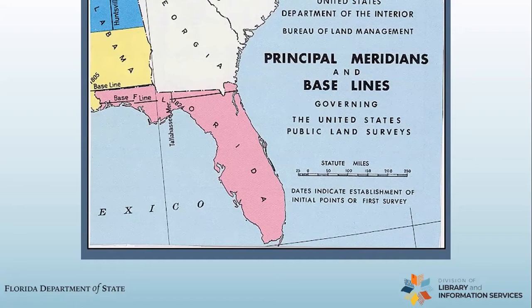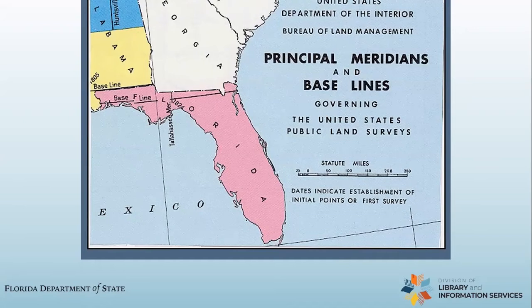To do that, you've got to have a way to describe where the land is located. Now, some of you are thinking, why didn't they just use latitude and longitude? They've got sextants and compasses, so they should be able to just use latitude and longitude. Well, it is true that they had the materials to calculate latitude and longitude at this time, but it wasn't exact enough to get as precise a measurement of where a boundary should be, so that it wouldn't just become a complete mess in a court of law.